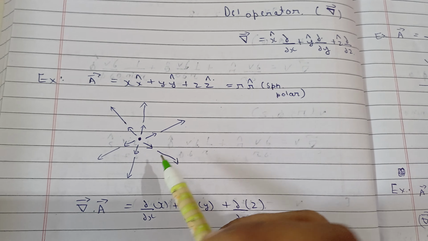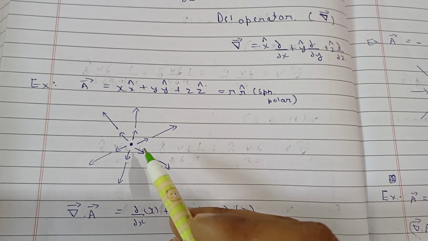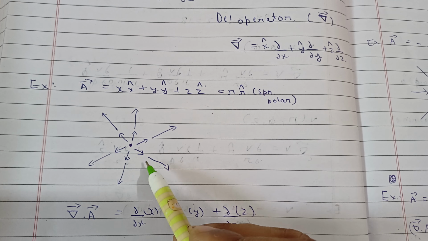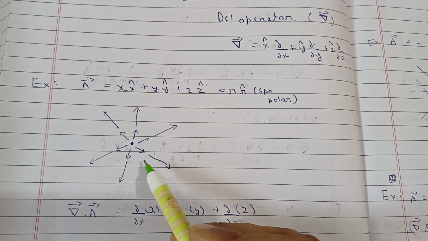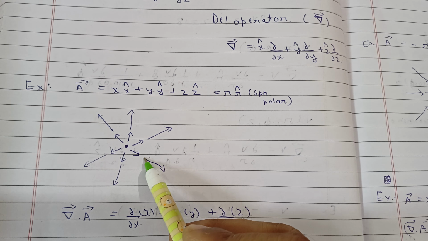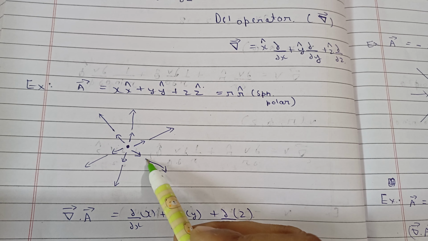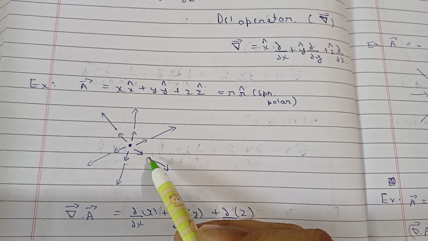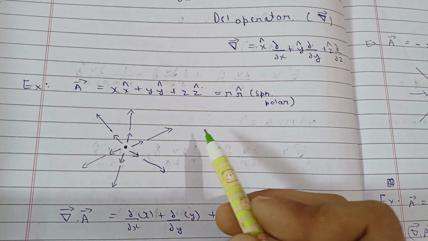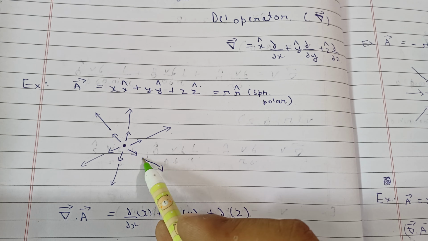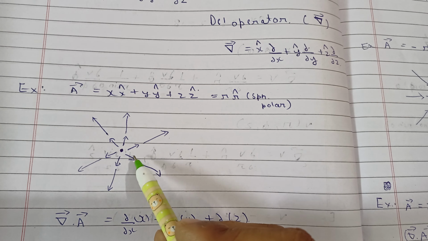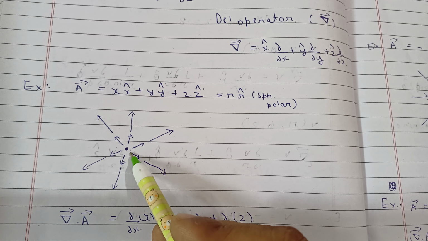If you take 2 here, then there should be positions for the tail and head. This is your tail, this is point P, and this distance is 2. So the tail will be at this point, and this length will be equal to 2. That's how you represent a vector in the vector field. The tail will be at the point at which you want to find the vector field, so at r equal to 2, it will be here, and the length between O and P will be represented by this vector. Same here, the tail will be at this point and this length will be represented by this vector.